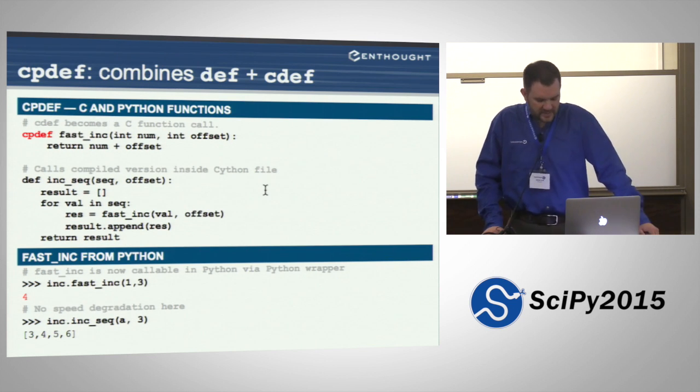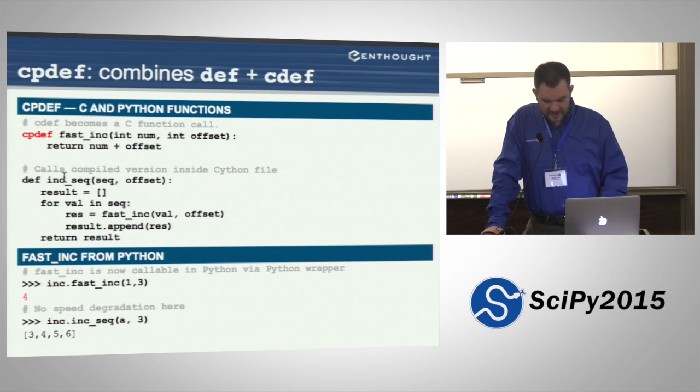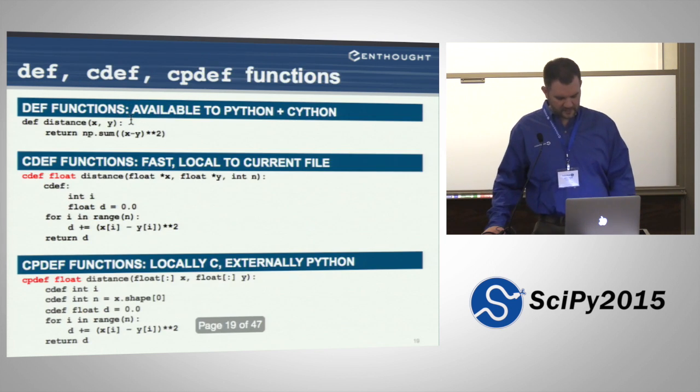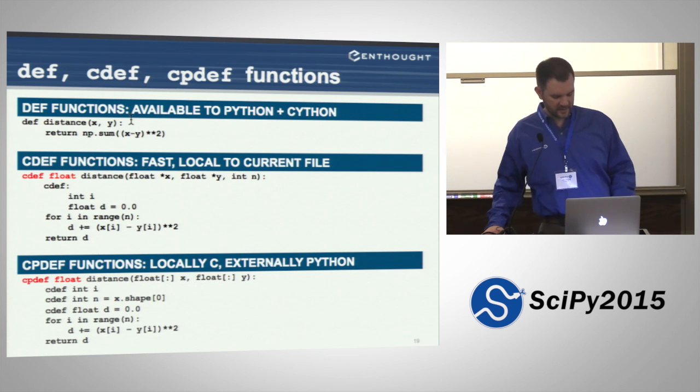But again, we also mentioned the cpdef function, and we can declare fastinc cpdef, which allows us to both call it efficiently from within inc seq here, and it also allows us to call it from Python. Okay, so this gives us the ability to call from Python and call efficiently from Python. So these three functions, def, cdef, cpdef, the three different kinds of functions in Python,